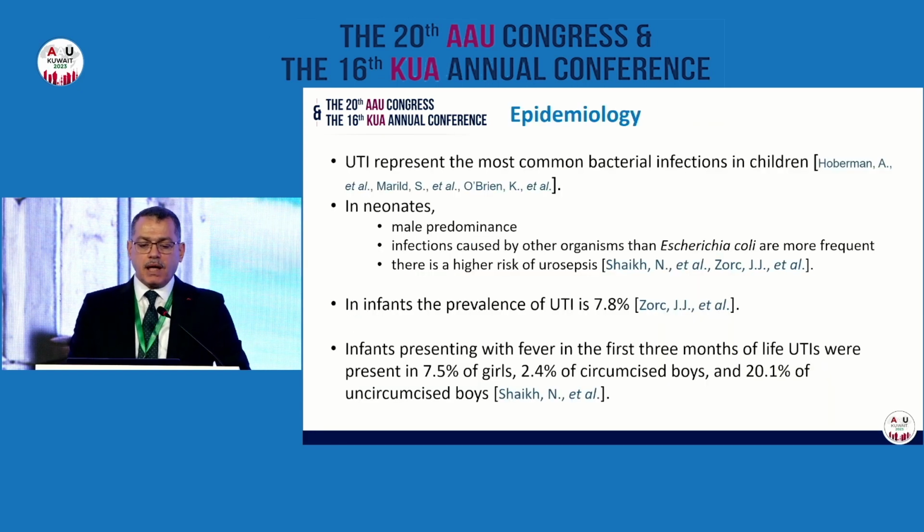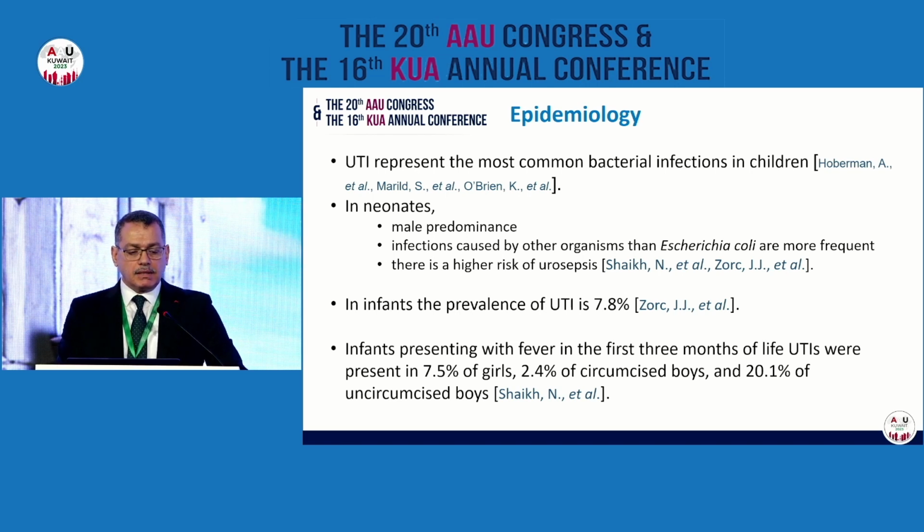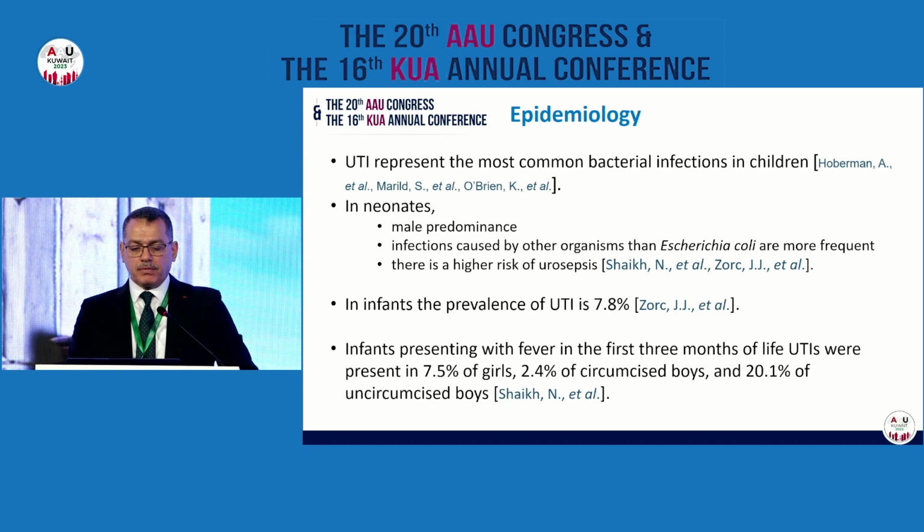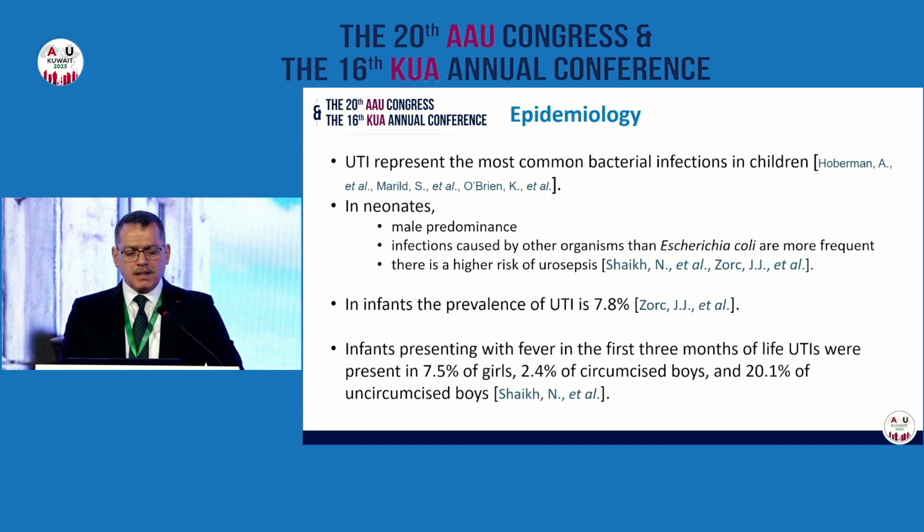UTI represents the most common bacterial infection in children. In the neonatal age group, UTI is more predominant in males. Infections caused by organisms other than E. coli are more frequent in this age group. There is a high risk of urosepsis also in this age group, and in infants, the prevalence of UTI is about 7.8%. Among infants presenting with fever in the first 3 months of life,